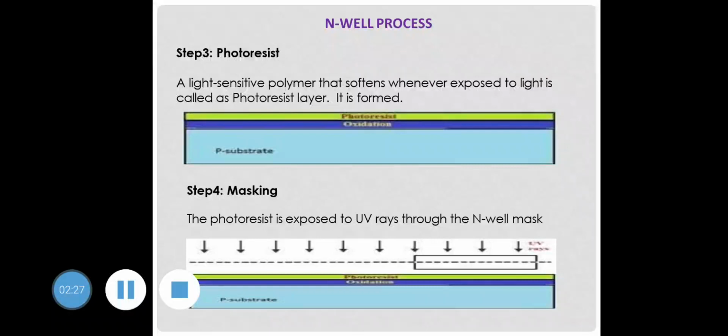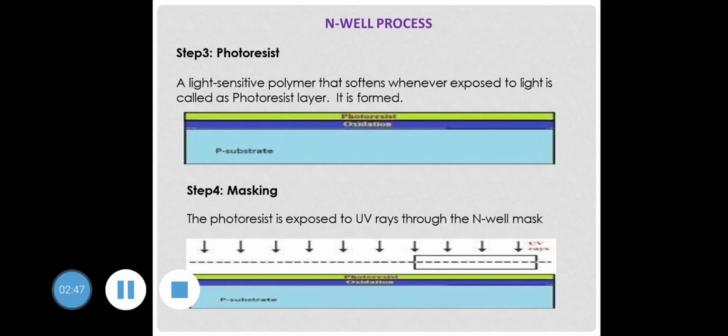The next step is to form a layer of photoresist. Photoresist is basically a light sensitive polymer that softens when exposed to UV rays or light, and it is formed on that oxidation layer as you can see in green color.